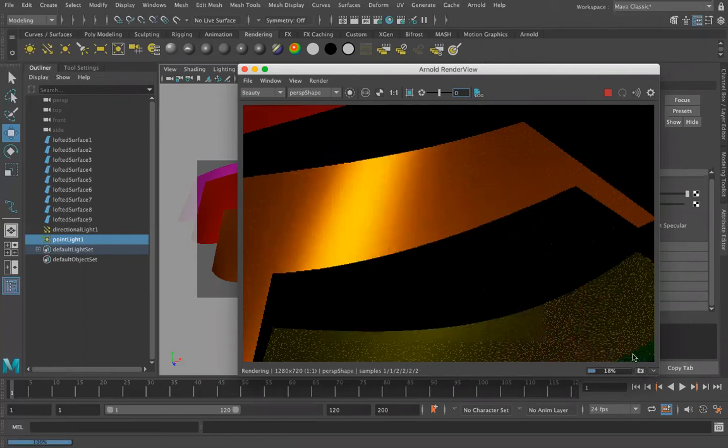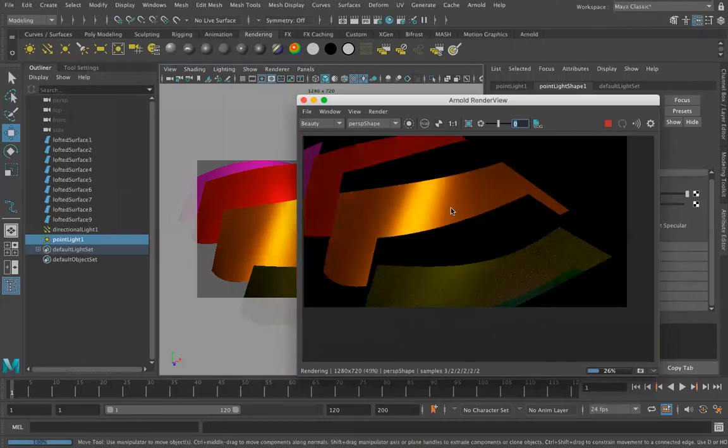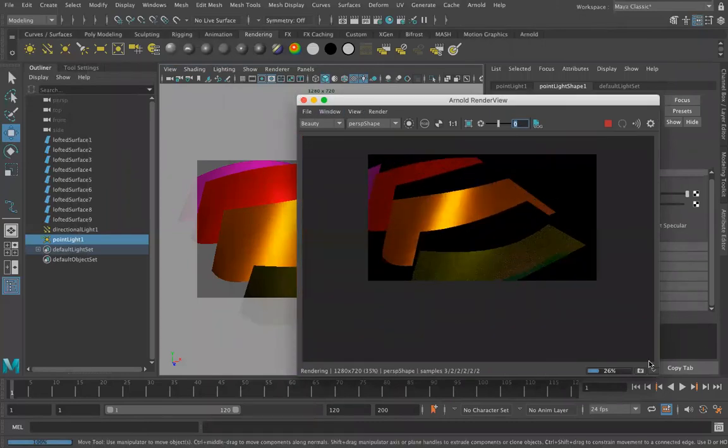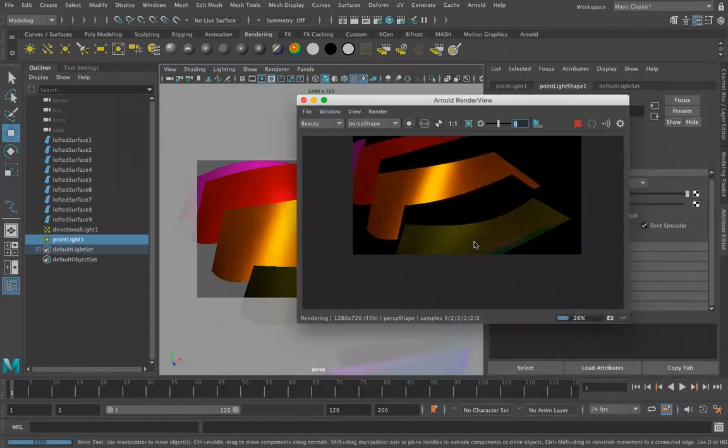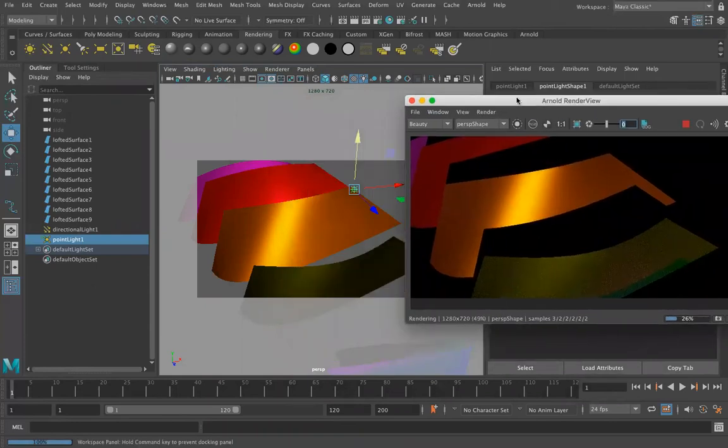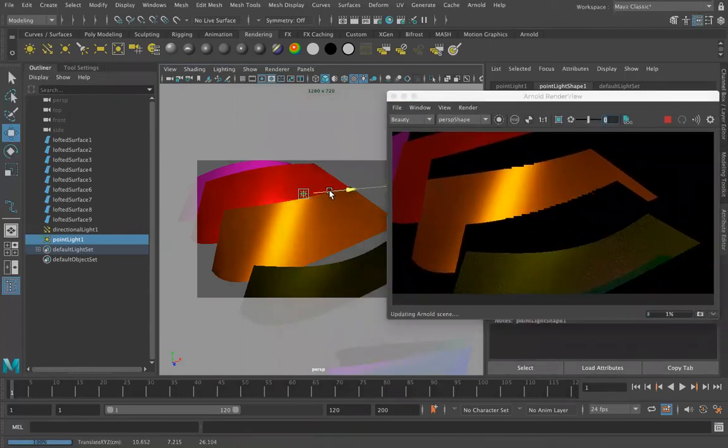It takes a while to render, so we can see that actually some of the more transparent sections of this, or the materials with values that are more metallic, are taking longer to render. But this will allow me to kind of preview our render. I'm going to zoom out here in real time while I'm making my lighting adjustments. So let me go ahead and maybe move my point light in the scene, and you can start to see how that may be affecting our